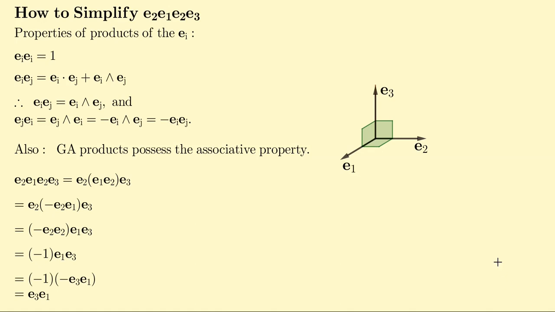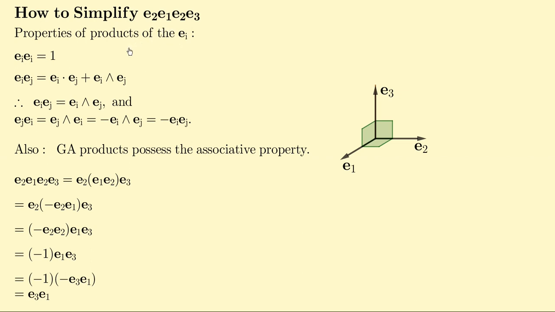In this brief video, we'll learn how to simplify a common sort of product that we encounter in geometric algebra. Here I've illustrated it in the three-dimensional case. E1, E2, and E3 are a set of mutually perpendicular unit vectors, or in other words, an orthonormal right-handed basis for three-dimensional geometric algebra. Let's take a look first of all at some of the properties of the products of